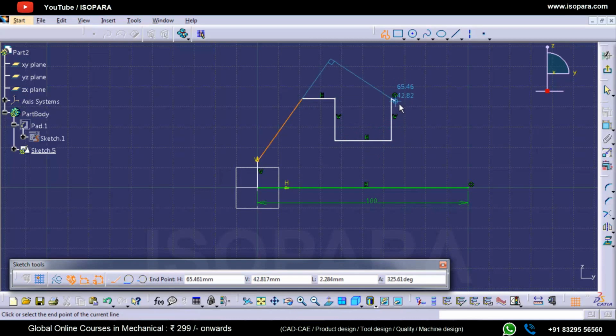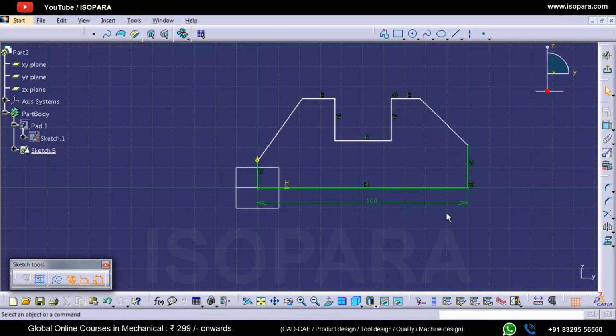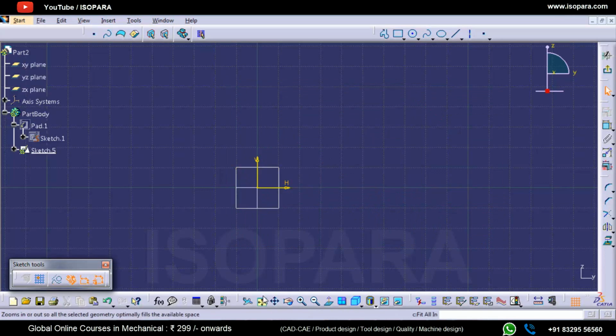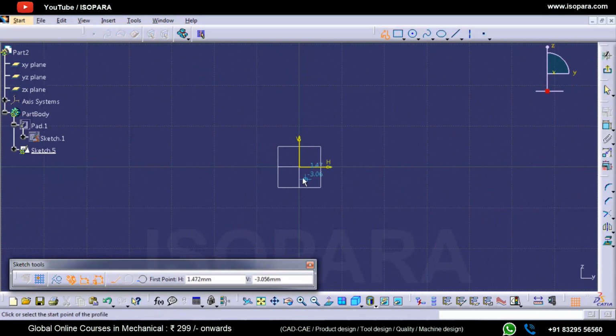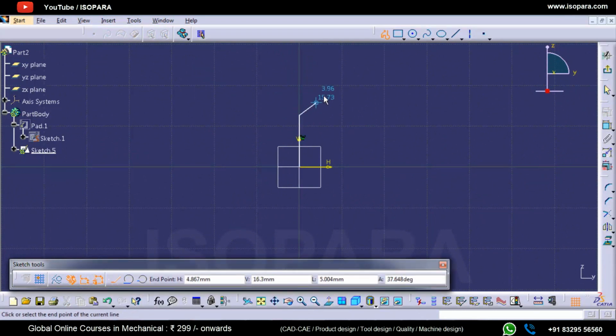Now I can move further in the way that you were thinking. But if at the initial stage itself you try to do the same thing, it will not work. So now you can give the dimensions to every line and it will be fully constrained. Let's suppose I don't constrain the initial line with the dimension and everything at the initial stage, then what will happen? So I'm going to delete this one. Now fit, and I will start making the same thing.